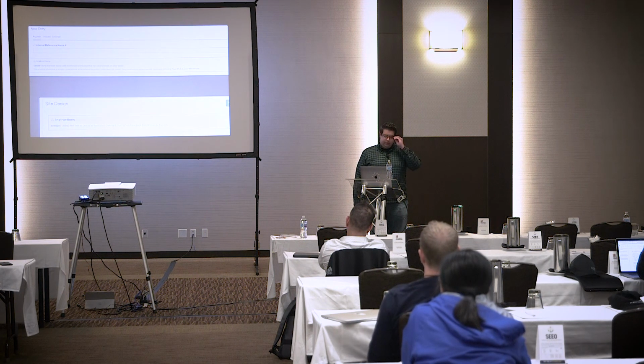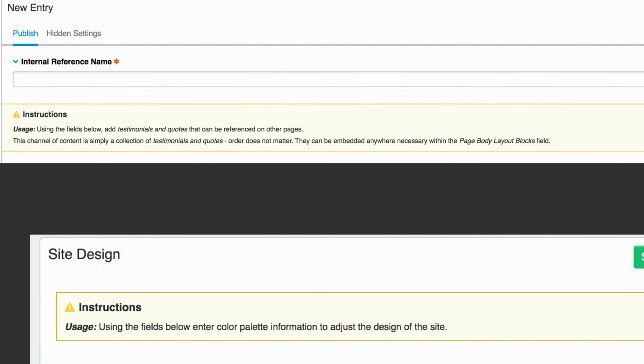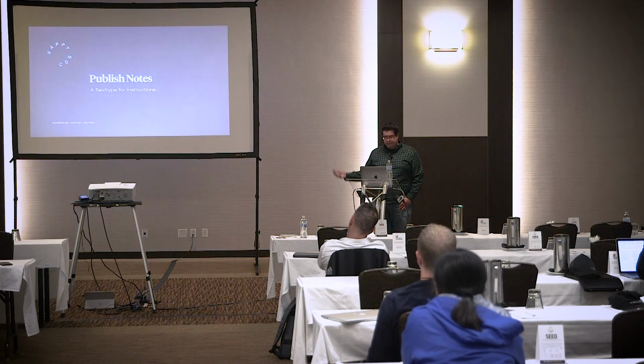One of the easiest things to do is just give them instructions inline within an entry form. This was that plugin we were talking about earlier. It lets you add various callouts to add instructions or whatever callouts you want to make on an entry page. We're instructing somebody how to use this particular field or particular channel. You can do the same thing with Craft's equivalent. This one's called publish notes.